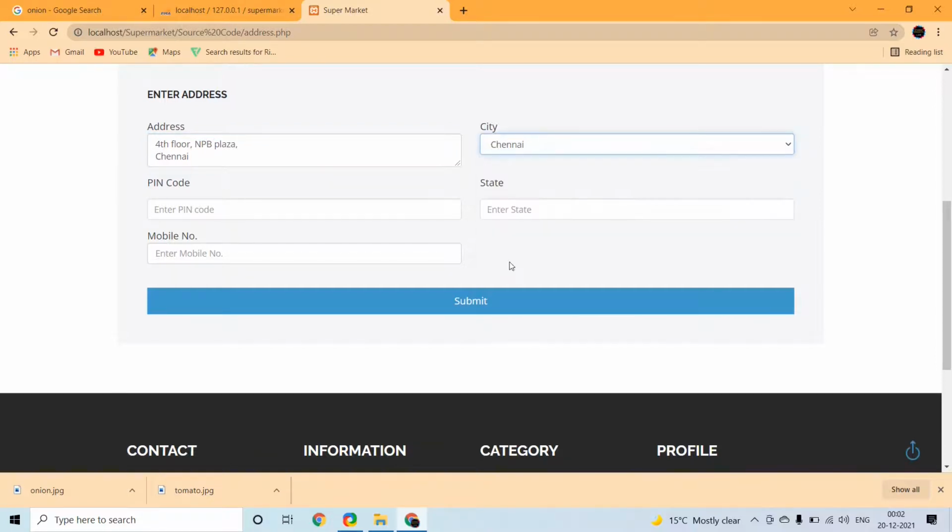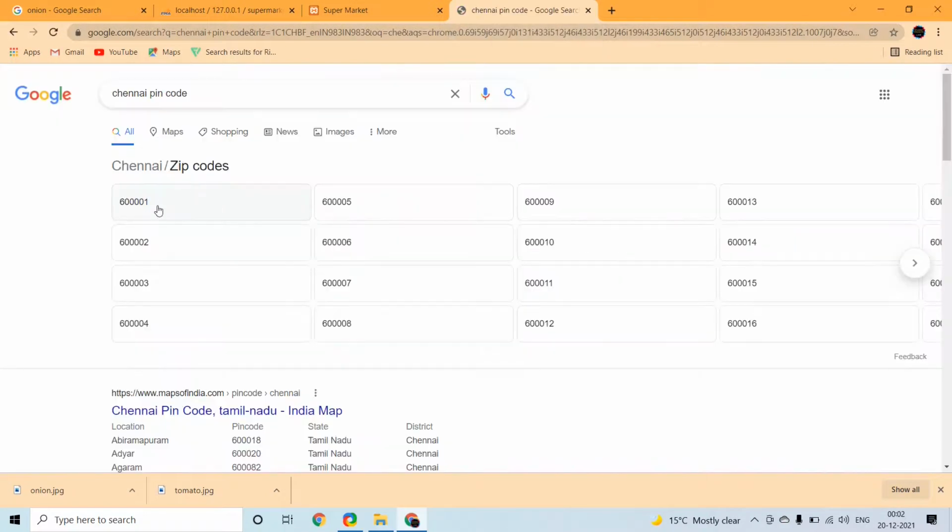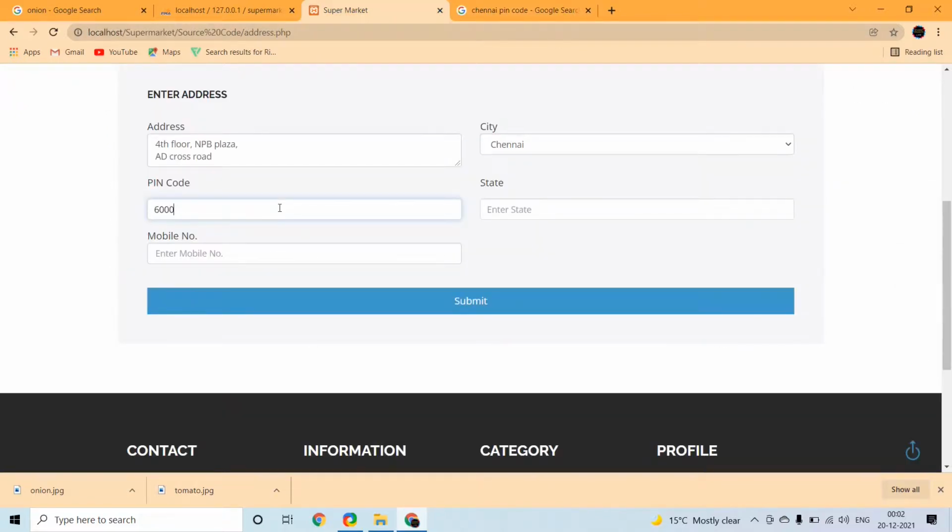Pin code should be the same, therefore the pin code of Chennai is 600001, and add some mobile number.